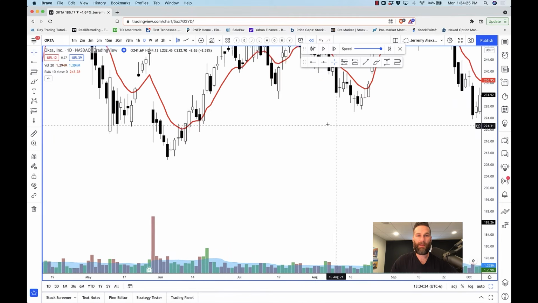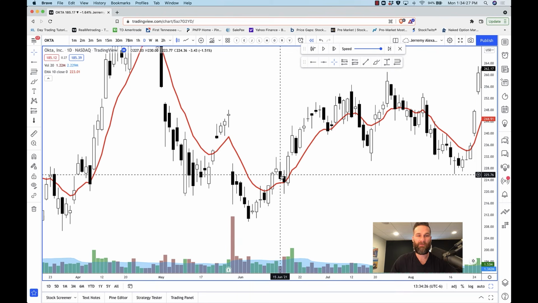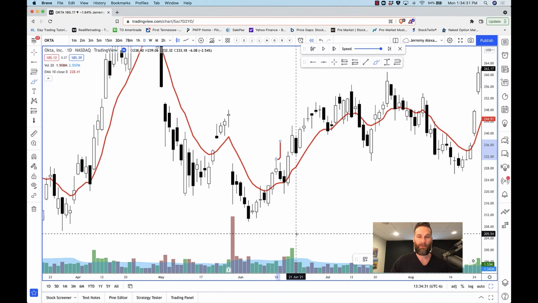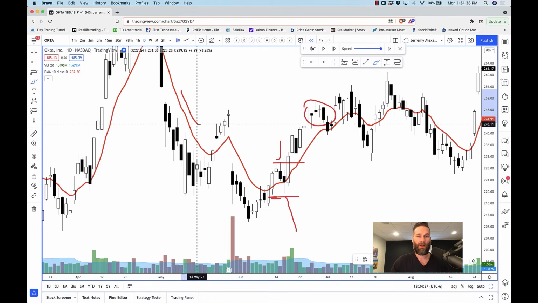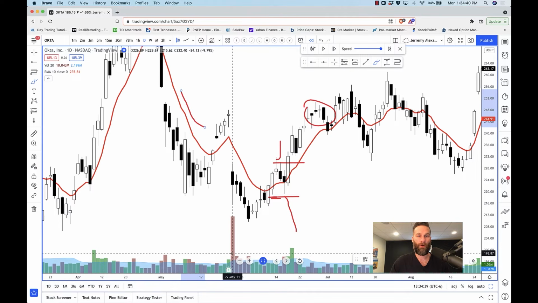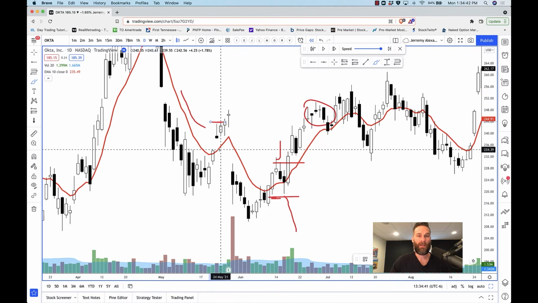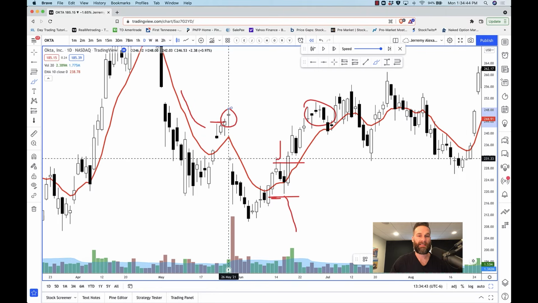Just going back in time, fastest thing I can choose. Look at this. Very first bear candle closing above the 10 EMA. Bear candle closing above, bear candle closing above. You're getting in on this candle. Stop loss is down here. Target right around there. Boom. There's a winner. Bear candle closing above the 10. This is over earnings, so I'm assuming you would have gotten in there and probably exited the exact same day